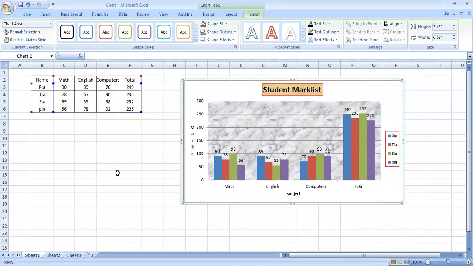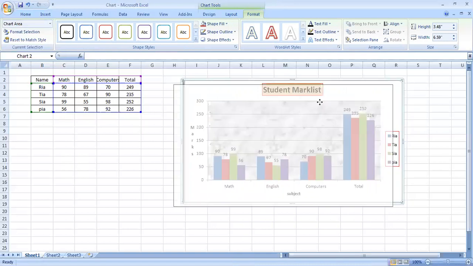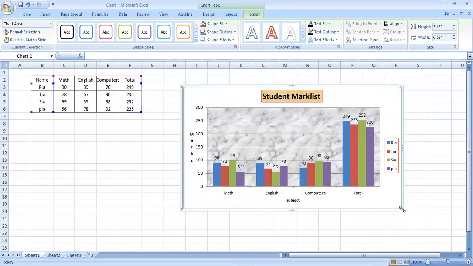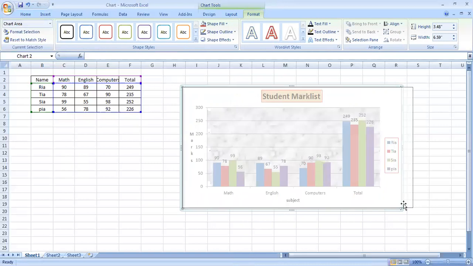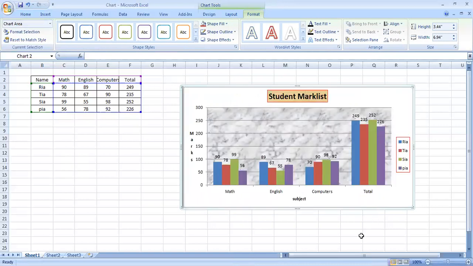All these things are important. As I told you earlier, you can do three things with this chart: you can move it as you want, you can resize it, and you can delete it. Remember that I have inserted a 2D chart. Similarly, you can insert a 3D chart for a column chart, or any other shape, cylindrical, cone, you can go for any one. And all this layout, design, and formatting will work for any kind of chart. I have told it for one chart, it is going to be the same for all other charts.